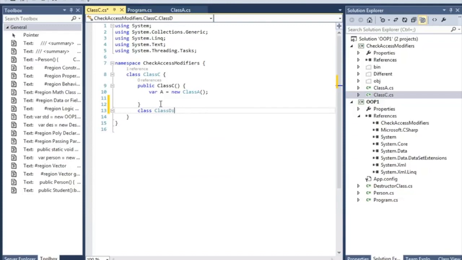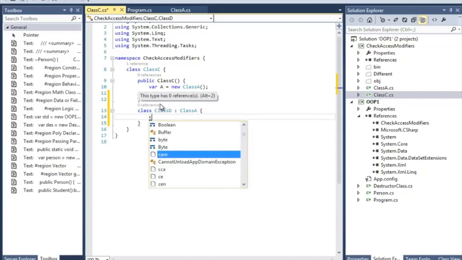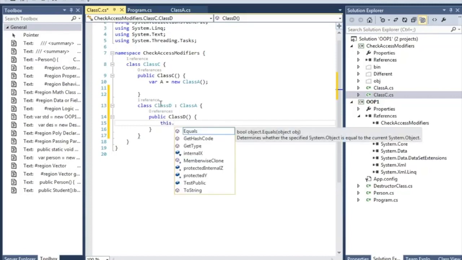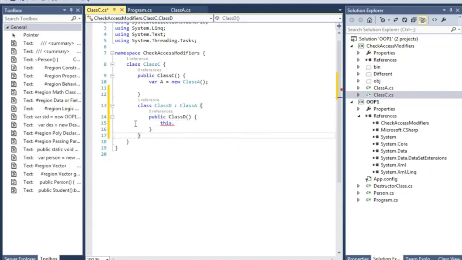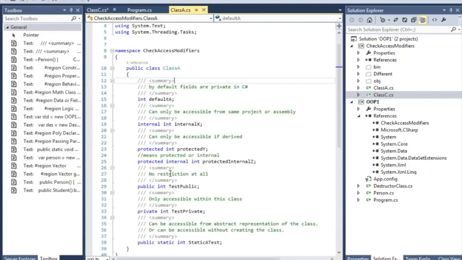Let's say class D, and class D inherits from class A, and in the constructor, if I write this dot, then you can see that I can access the protected member. This is also true from another assembly or another project as well. We're going to see it. So this is about protected, and protected is the most common modifier in PHP, C#, and so on.